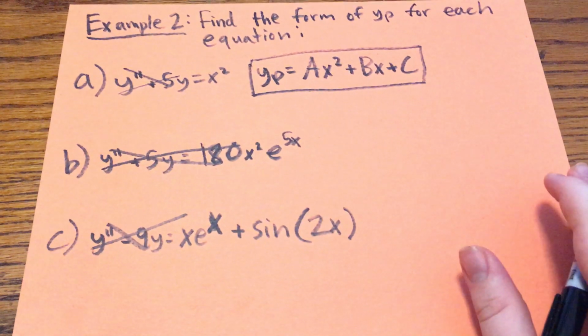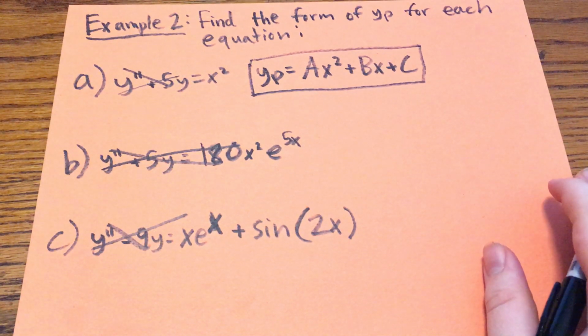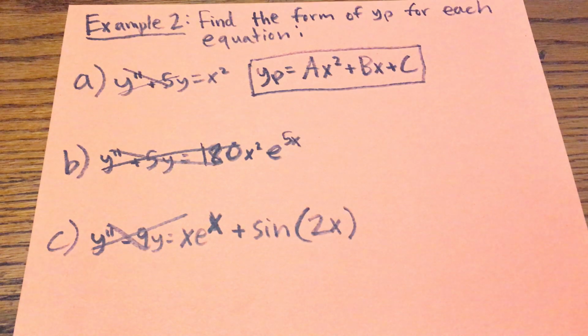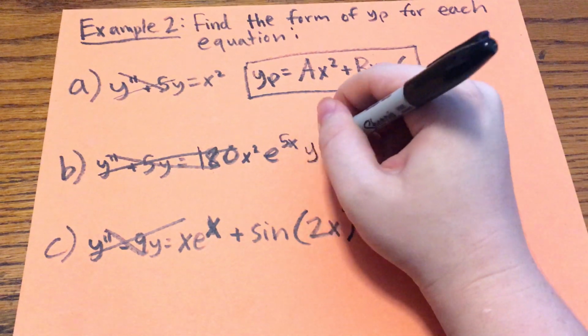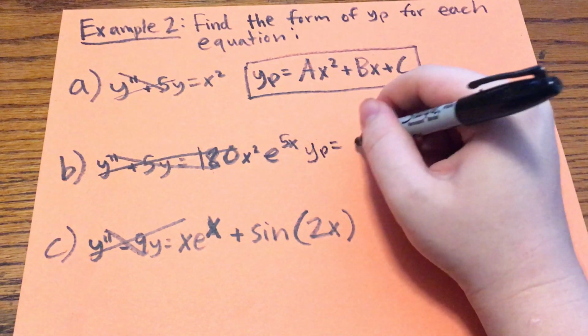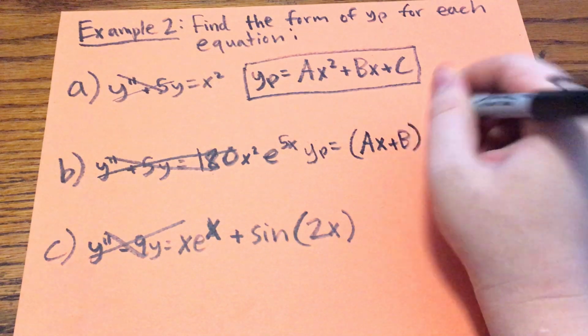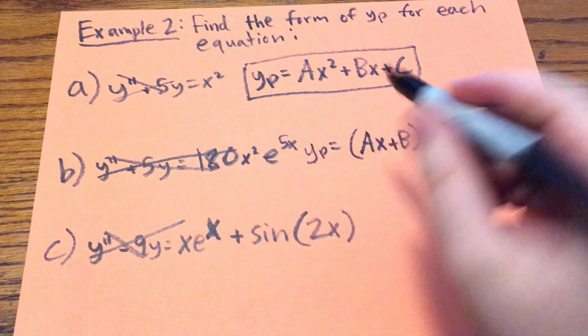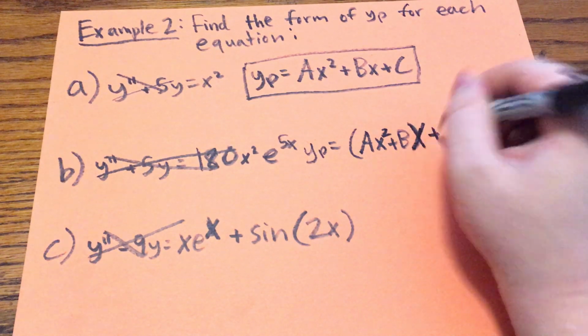This is the first time we've seen multiplication yet. The way we deal with multiplication is we just multiply what we would have done for both terms individually. We go y sub p equals ax plus b, because that's what we would have done for x squared. Oh, ax squared plus bx plus c